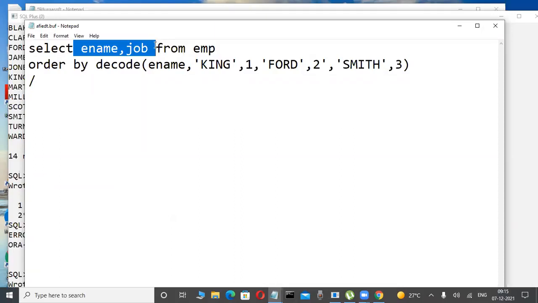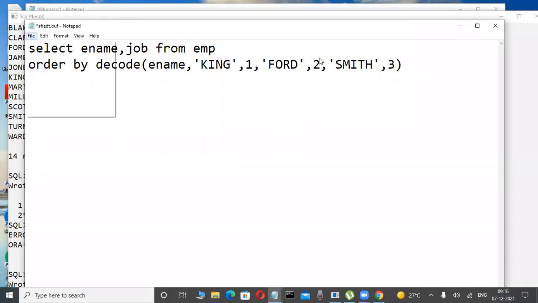Order by decode(ename, 'King', 1, 'Ford', 2, ...) with single quotes around the names.